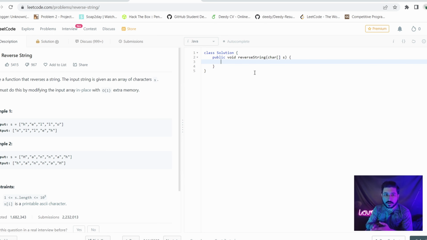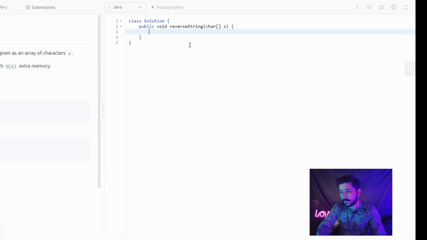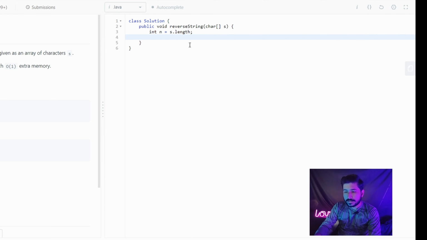So don't freak out about it. Just do what your intuition tells you. Here we take the length of s, that would be int n equal to s dot length. This will give us the length of the array.